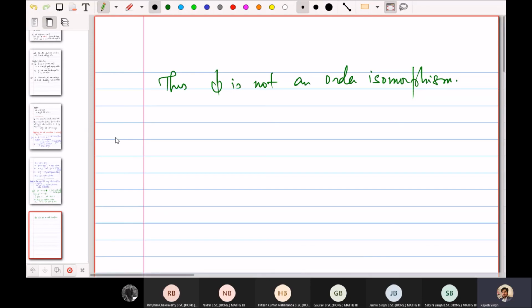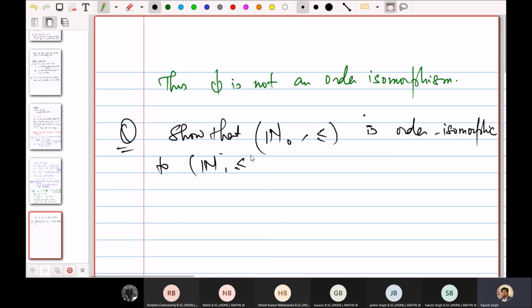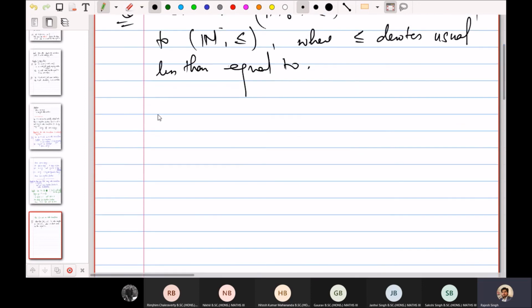अब 2 रिजल्ट प्रूव करके आना. ठीक है, एक तो क्वेश्चन शो दैट the set of natural numbers with usual less than equal to is not order isomorphic to the set of integers with usual less than equal to. या इसको ऐसे लिख देते हैं, N and Z are not order isomorphic, where this denotes usual less than equal to. ठीक है, and second,